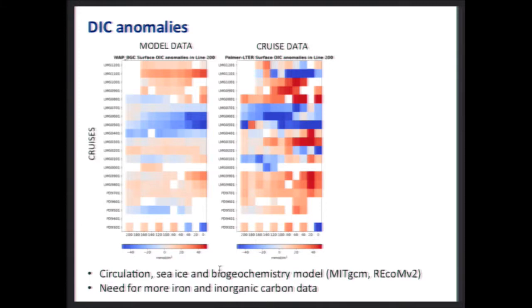So what you're looking at here is model data on the left, cruise data on the right, land close to the coast on the right here, open ocean, and these are all the different cruises that happened in the WAP, and the anomaly from the mean of each station. Basically, blue means less DIC that year, red means more DIC that year, and you can see that the model is generally doing a good job at simulating the observed DIC,